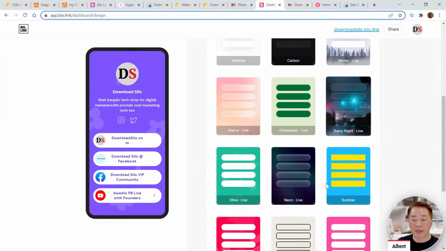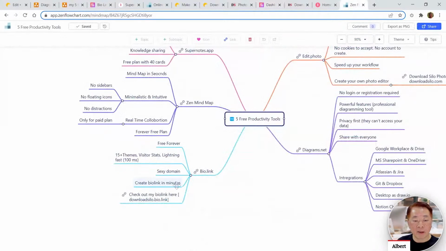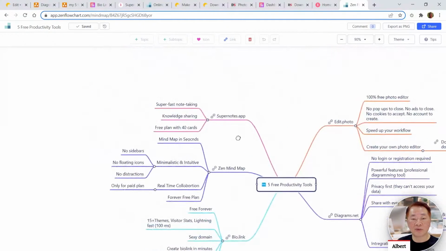You can choose different kinds of themes, so I'm choosing this theme, or you can create your own theme. There are 15 of them right now. Technically you can create your BioLink within 2-3 minutes, very simple. Okay, so you want to check out my link, this is the link, and the best thing is it's free forever. Okay, let's move to the next tool, the fourth tool,